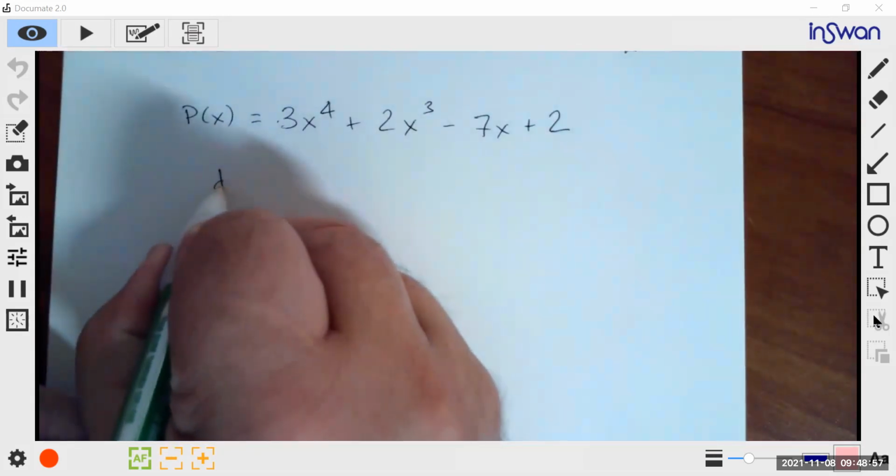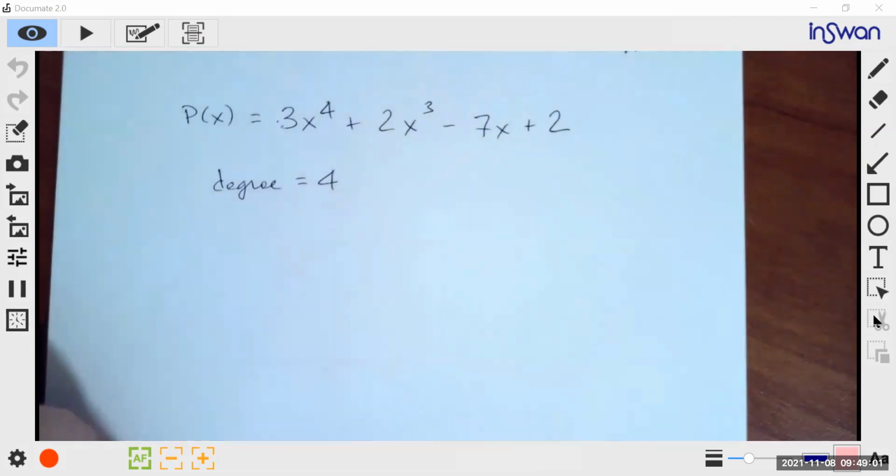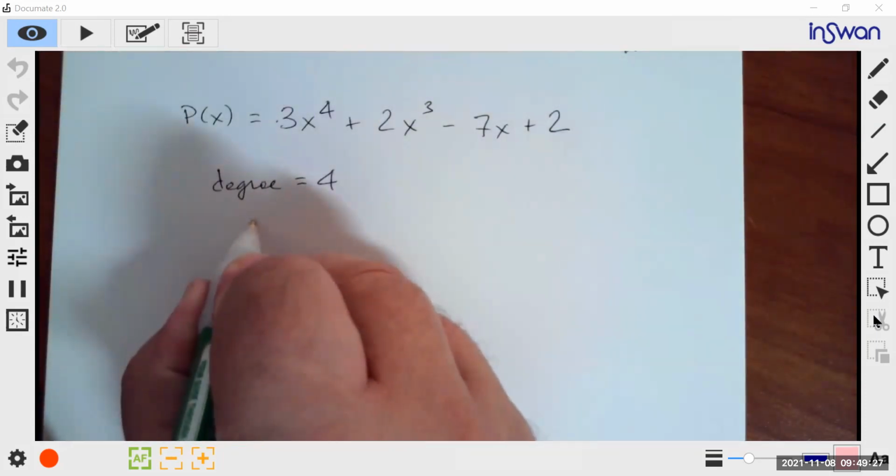Very good. The degree is 4. What does that tell us? It's a quartic, yes. So what's the shape of a quartic? How many x-intercepts can we have? How many vertex or turning points can we have? Right. So we'll have